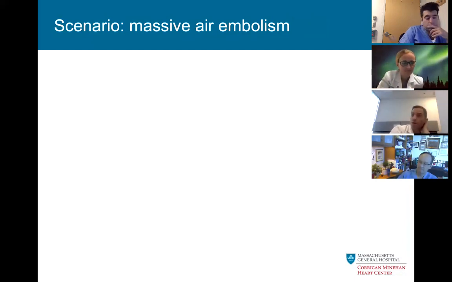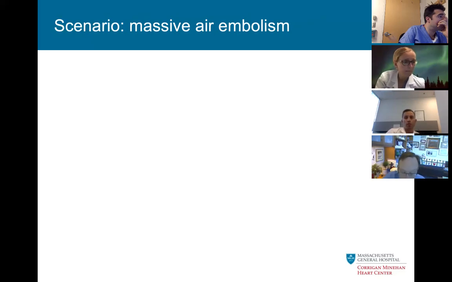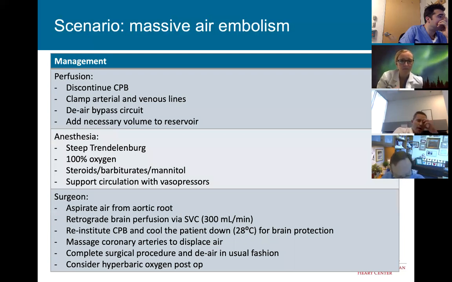the first thing that you want to do is stop the bypass circuit. Obviously, that depends on where you are in the operation, but that's the key principle, is to stop bypass, clamp your arterial and venous. And then there are some other moves that you can do. If you're bicavally cannulated or it's aortic surgery and you were planning RCP, you can give retrograde cerebral perfusion, pump flow up the superior vena cava, and that will de-air the brain. You would probably want to start cooling in this scenario. Obviously, you're clamped, but cooling will protect the brain from air. And then,